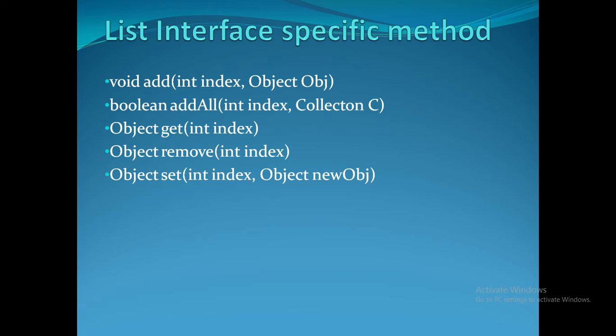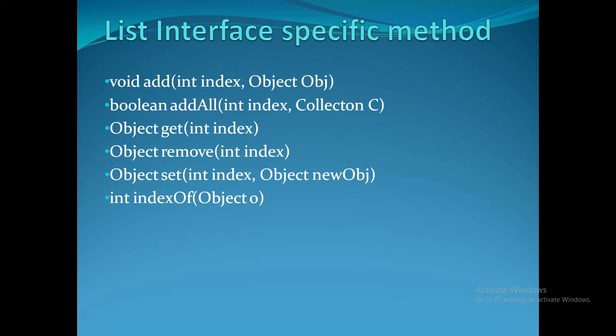Now I want to replace A4 with A6. That time, give the index number, that is 4, and specify the new element that will replace it. Then indexOf. Suppose we have a list which has 5 elements: A1, A2, A3, A4 and A5, right? Now I want to get the index of A3. So what is the indexOf? So 0, 1, 2. So 2 will be the index of A3, like that.